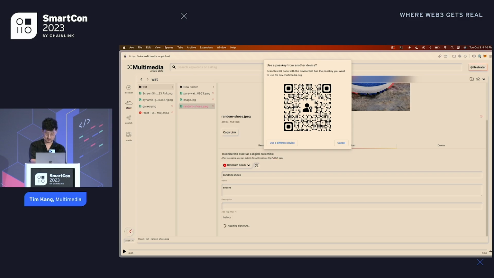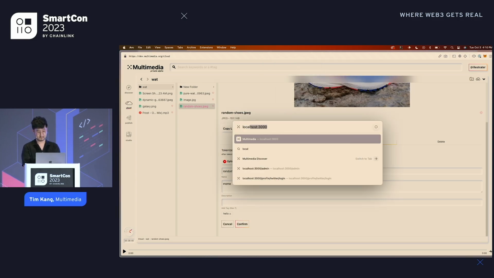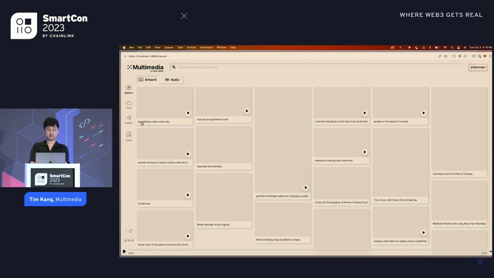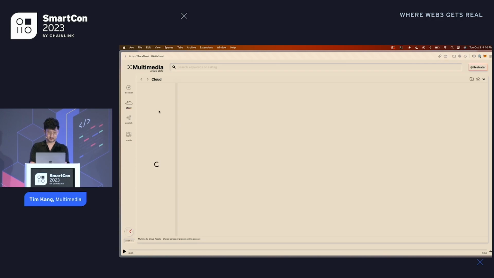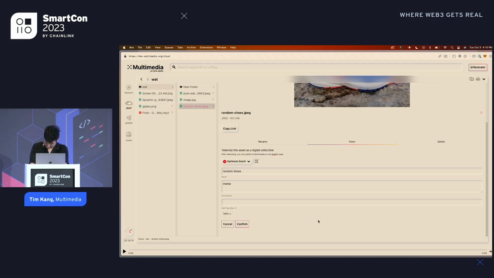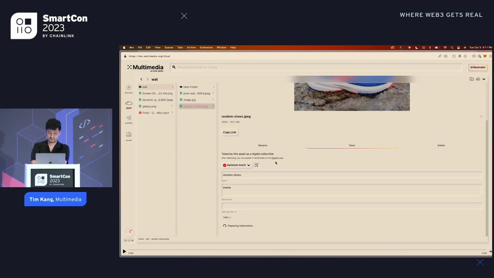And now the QR code isn't scanning. This is insane. We're going down. I really want to show you guys this, sorry. Wow. Well,